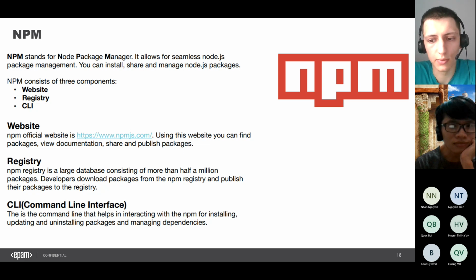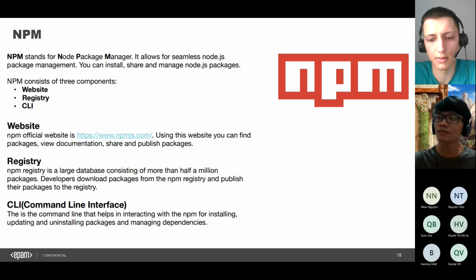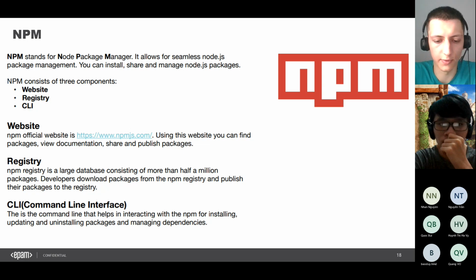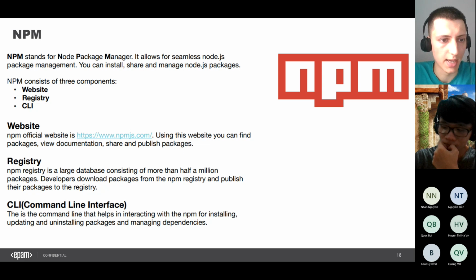For example, you would like to, I don't know, search for some Node.js library, let's say a library for WebSockets. You just write the word WebSocket in search and see the libraries that the search returns to you, and you can use any of these libraries in your application.